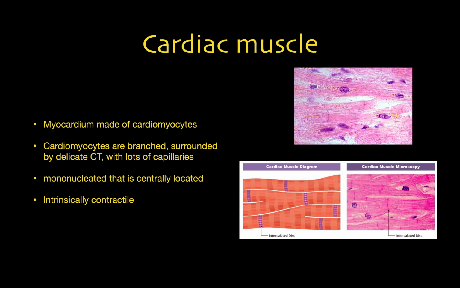To begin with, the myocardium is made out of cardiomyocytes, and the cardiomyocytes are branched, surrounded by delicate connective tissues that have a lot of capillaries. They're usually mononucleated, that is centrally located within the cell, and these are intrinsically contractile. What does that mean? It means that these muscle cells can continuously contract without